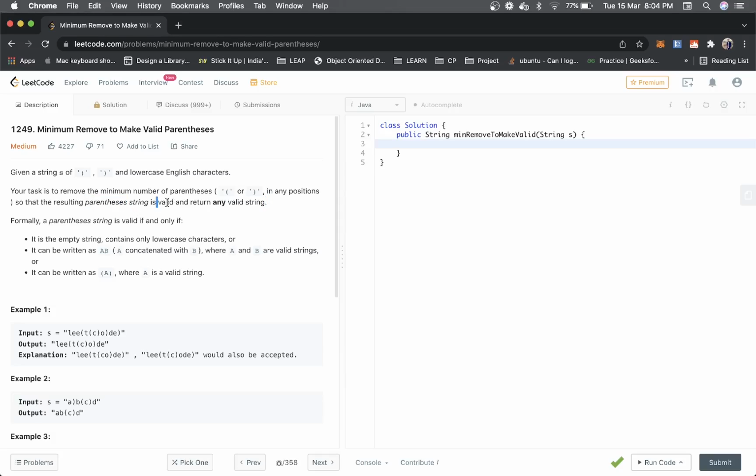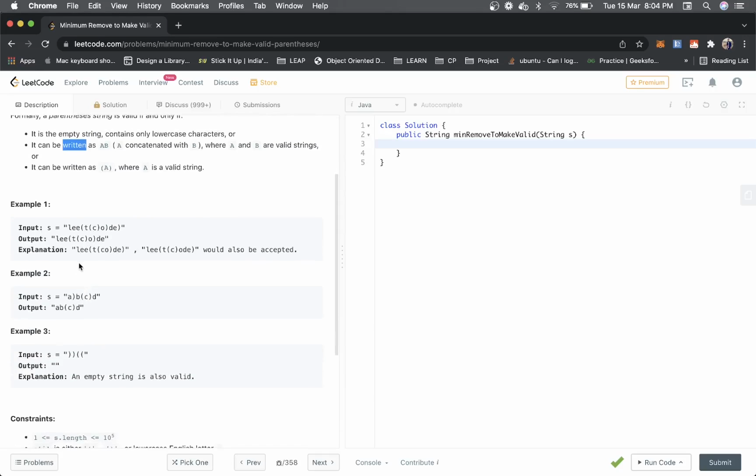And how can we decide a string is valid or not? It can be an empty string containing only lowercase characters, meaning it does not have any parenthesis, either opening or closing. It can be a concatenation of two valid strings, or it can be a valid string wrapped in parentheses.